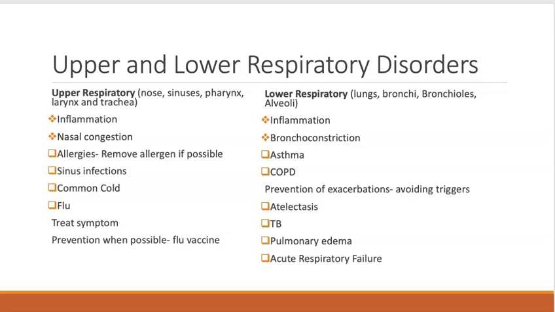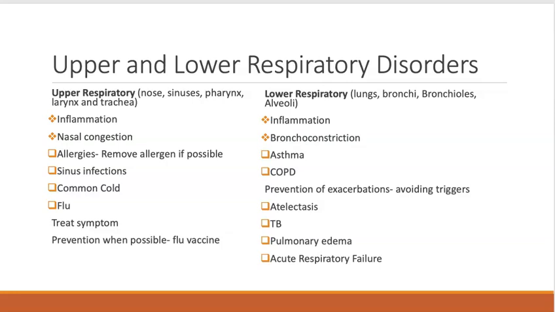So there's not a whole lot we can do for these unless it becomes bacterial, like a sinus infection you may need an antibiotic for. Generally, what we're doing is treating symptoms. Do know that you can have a common cold, you can have the flu that then progresses to a lower respiratory disorder. So you definitely want to treat the upper respiratories to prevent a lower respiratory disorder, which then affects